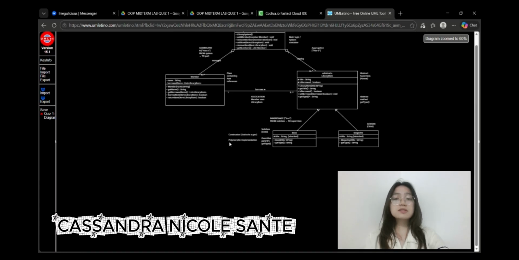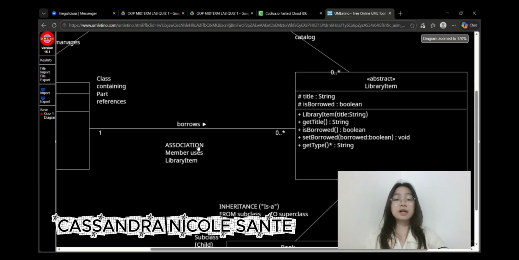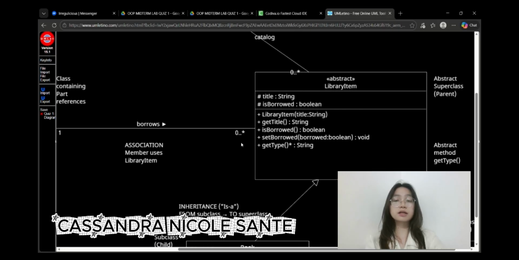This class is connected to the catalog via a directional association. The multiplicity labels of 1 and 0 to many are critical. They specify that while an item is associated with exactly one borrower, a single member is permitted to hold references to multiple items simultaneously.